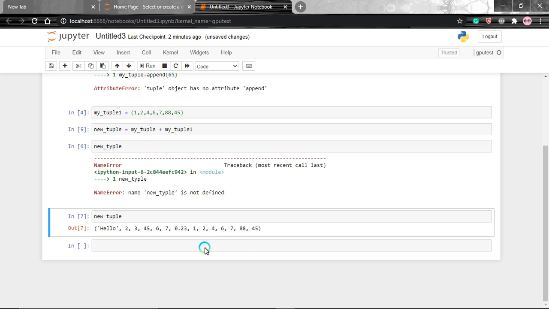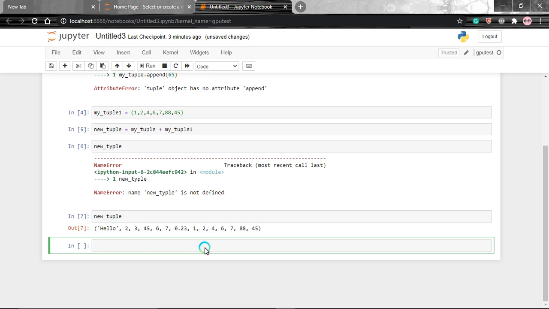So let's move on to sets. A set is a data structure in Python. It's iterable, it's mutable. The main advantage of a set is all the elements present in the set are unique. Also a set is created using curly braces. Let's say I have put these elements, 1 2 2 3 4 5 6 6 6 7 8 9.